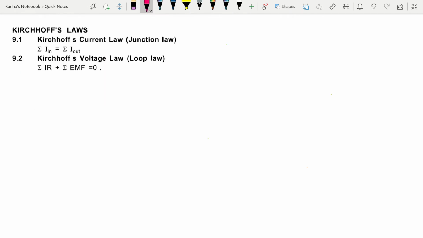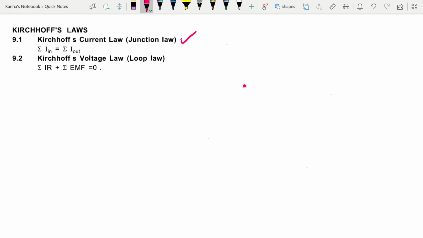Next, let's look at two of the laws given by Kirchhoff, which are useful in determining the potential difference and current in different branches of any complicated network. So the first law is the junction law, which is based on the law of conservation of charge. It says that in an electrical circuit, the algebraic sum of the currents meeting at any junction in the circuit is 0. Or in layman terms, I can say that the sum of the currents entering the junction is equal to the sum of the currents leaving the junction.